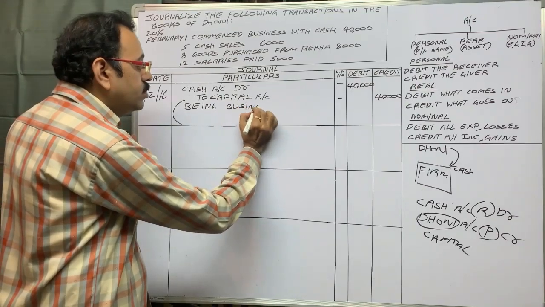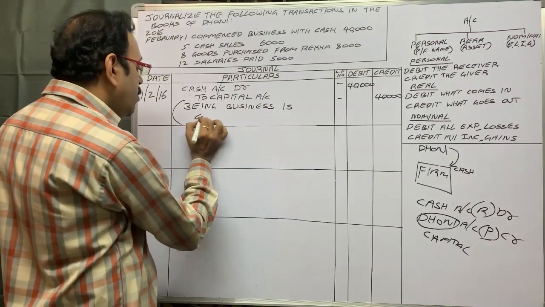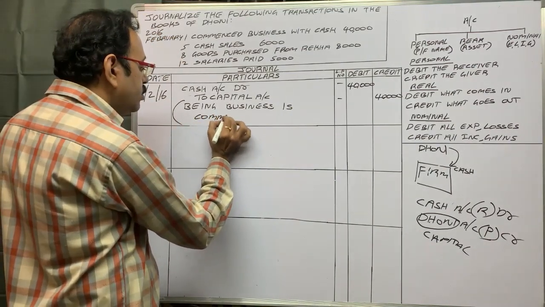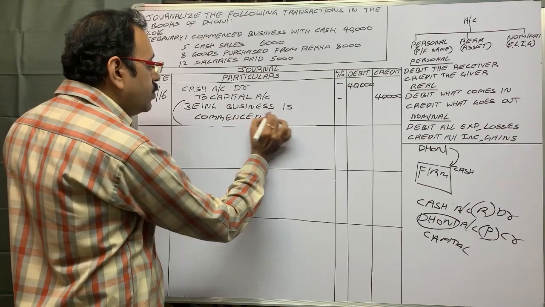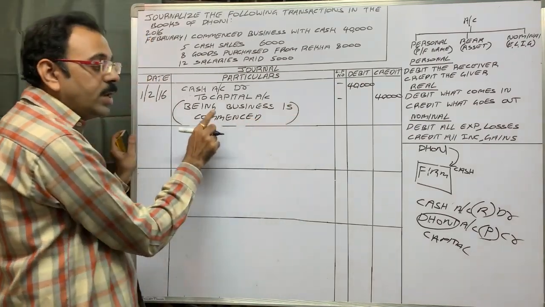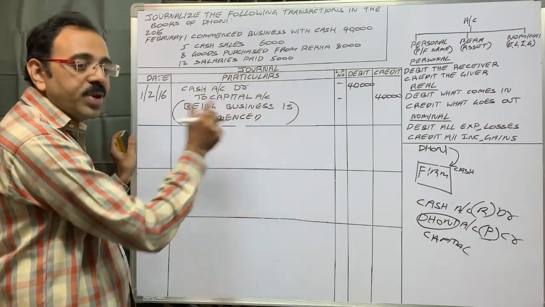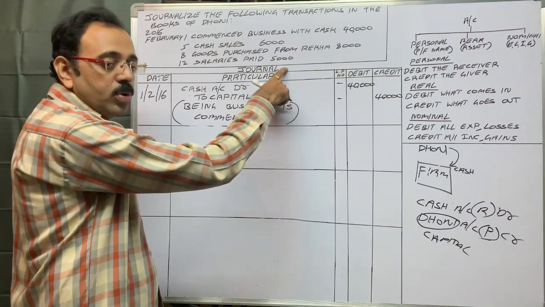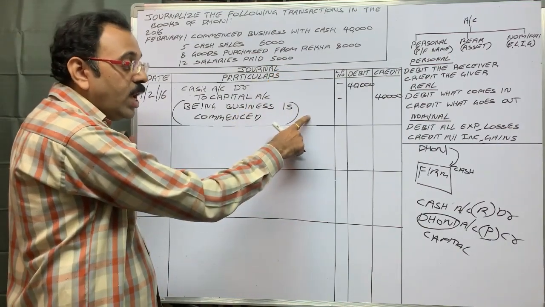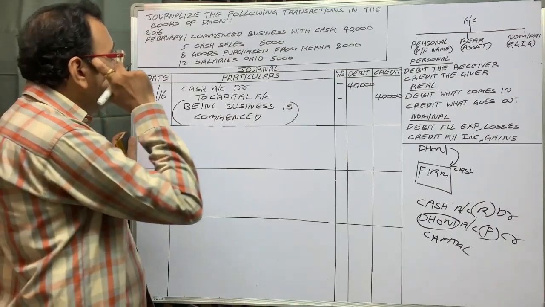Being business is commenced. Okay, this is called narration. Now the whole thing is known as entry. Since we are writing this entry in journal book, this entry is known as journal entry. Okay, now second one,